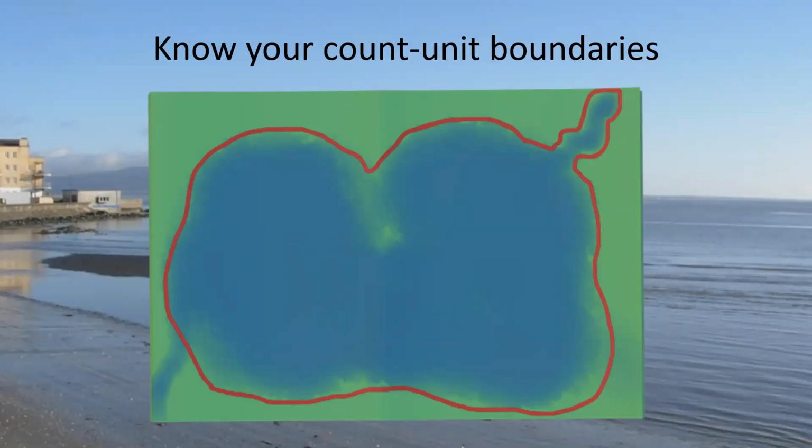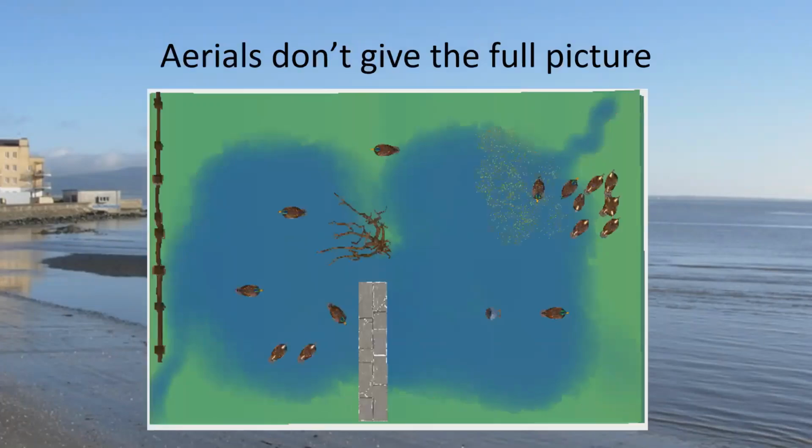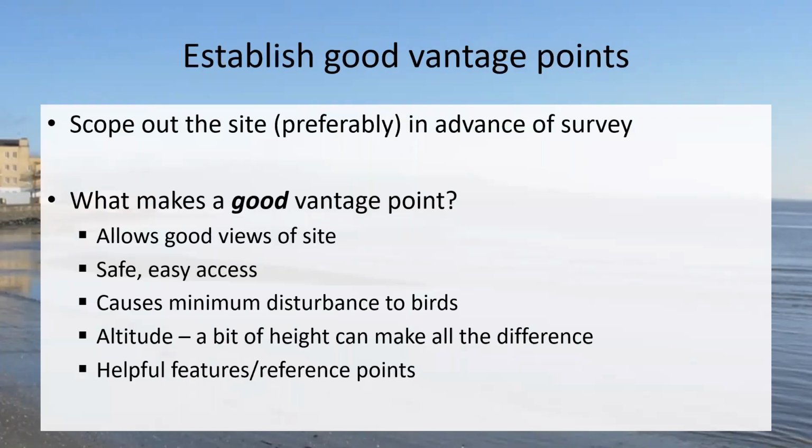So it's good to know your boundary. Good to know it on paper for sure, but knowing it in person is a little bit different as well, because aerials don't give you the full picture. They don't tell you what might be impeding your way around. They don't tell you where the best vantage points are. They don't tell you what might be blocking your view. So good to get out on the ground at your site and scope out,